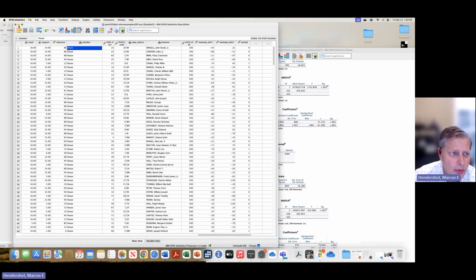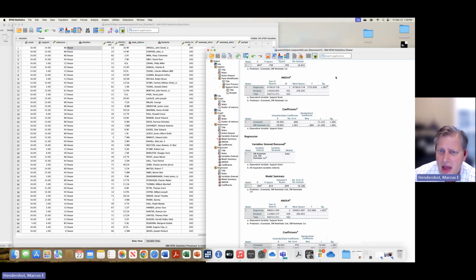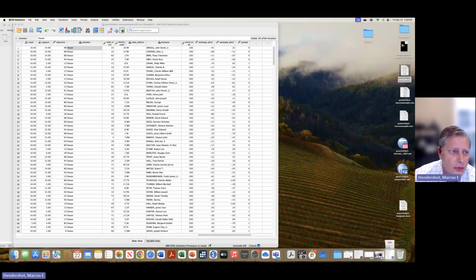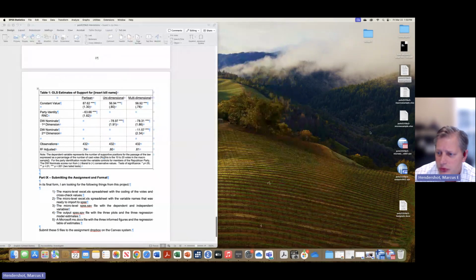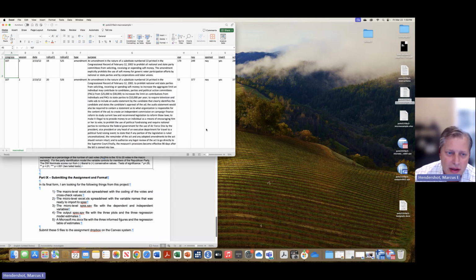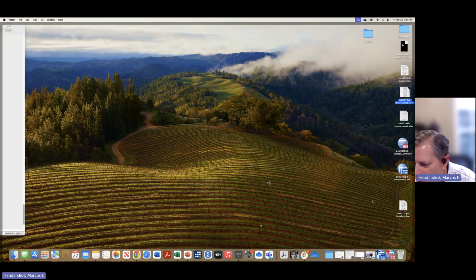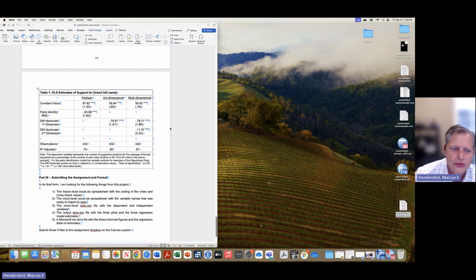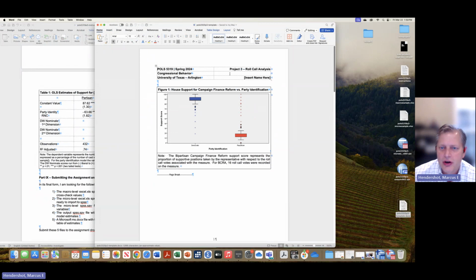And so that will be complete at this time. And then the last thing that we need to do for this submission is we're going to go out here, and there's a template that I'm going to provide you. And in that template, oh, that's the macro template. That's not what I want. Let me see if I can find it down here. Here's the template. And so this is going to be the last thing that you turn in for project 3